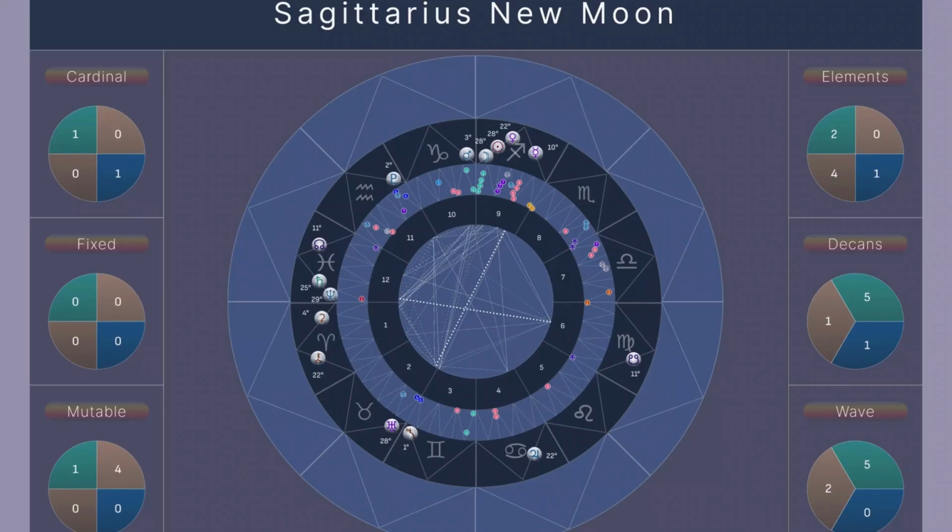Anyway, the decans also, so this is the first decan. Any planets in degrees 0 through 9, not including 10, but all the way up to 10. Second decan, any planets from 10 up to 20, but not including 20. And the third decan, any planets from 20 up to, but not including 30 degrees. 30 degrees would be 0 degrees of the next sign. And there's an emphasis on the third decan. So again, this idea of endings, this idea of an emphasis on the final stages of something.